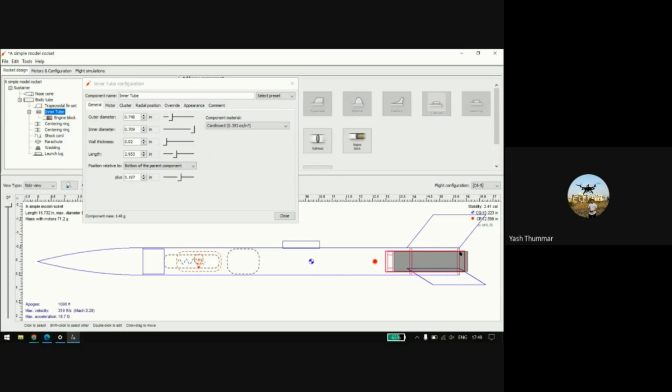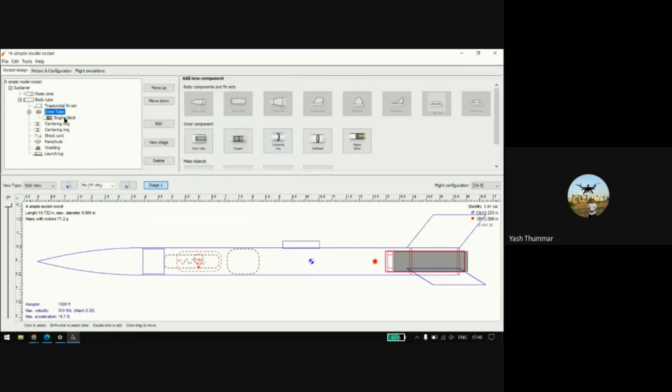Okay. In most rockets, for ignition purposes and for stability, some amount of this area sticks a little out of the body tube. Most importantly, for ignition from the electric circuit, it needs to go outside the body tube. That's why it's outside by some inches. And here the component material stays as it is. Then go ahead.